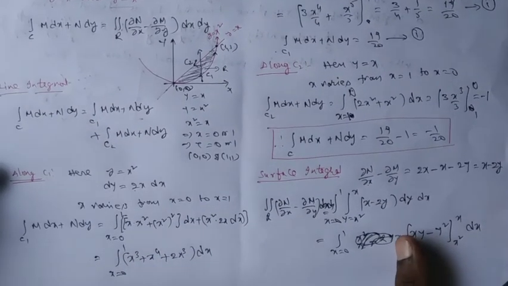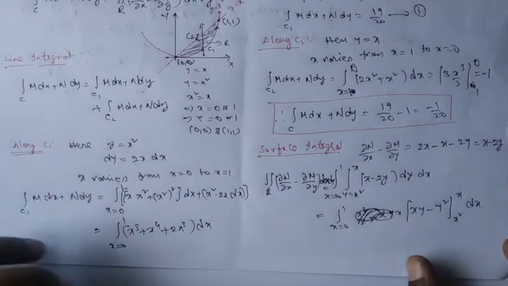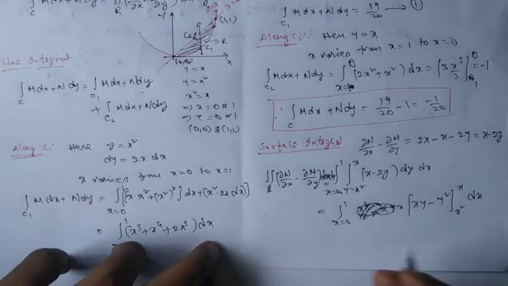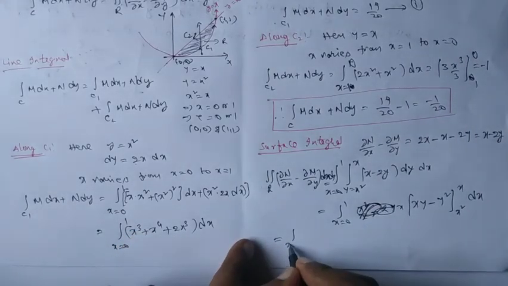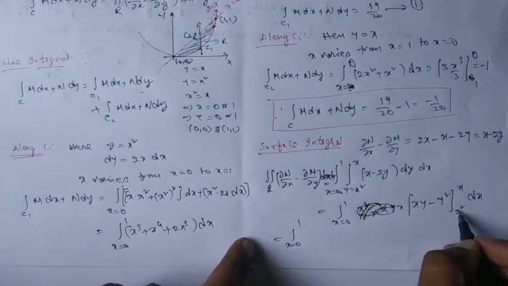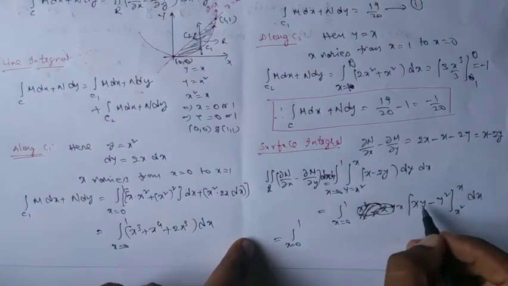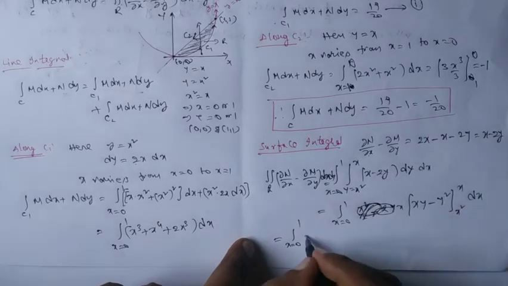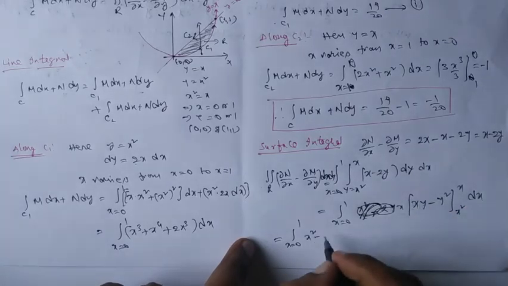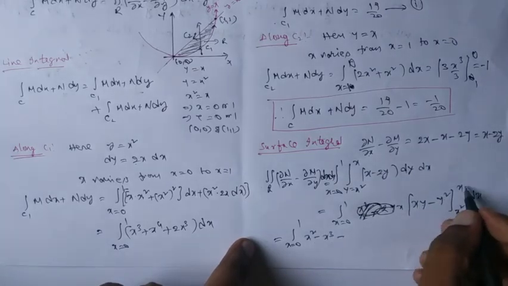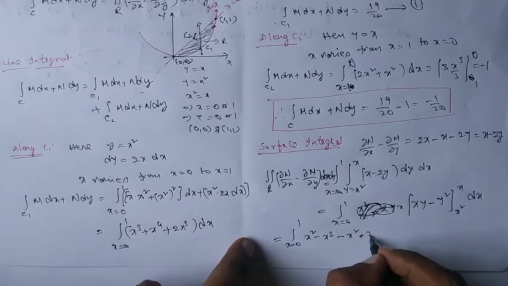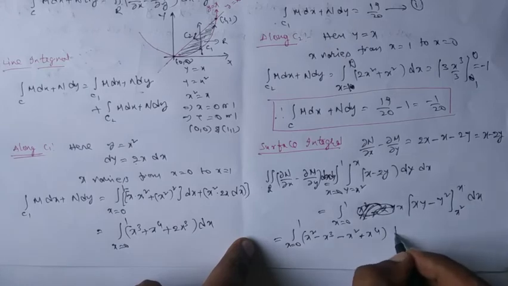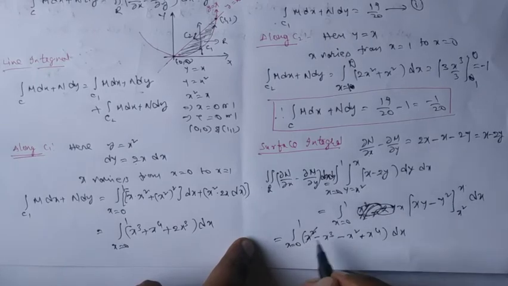Okay, just on simplifying it further, we can have like this. This is equal to integral x equal to 0 to 1. After simplifying, substituting here, if you substitute y equal to x and x square, first one is x square minus x cube, and then minus, substituting this one, minus x square minus of minus plus x power 4, whole dx. So I think these two are cancelled.